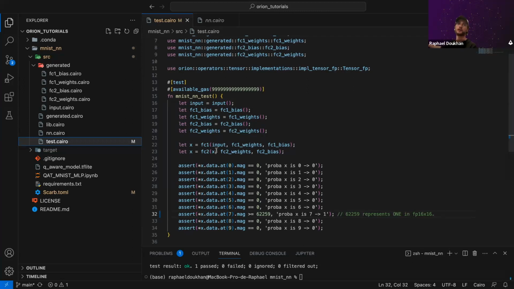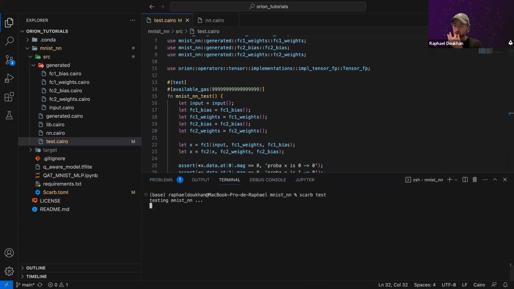We start by running the first layer, then the second layer, and because this is a test, I want to assure that the probability is 0 at all indexes, except for index 7, because the input I set was the digit 7, and this is 1 in the representation of a fixed point 16.16. So I want to ensure that the probability at that index is almost 1.